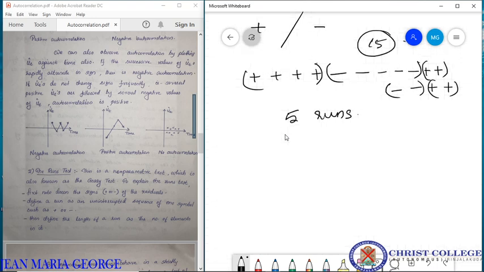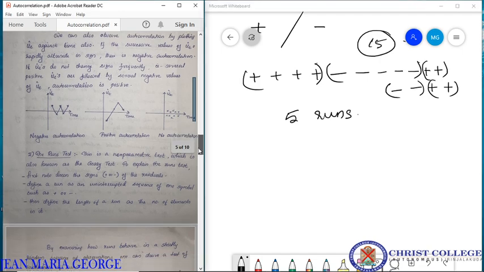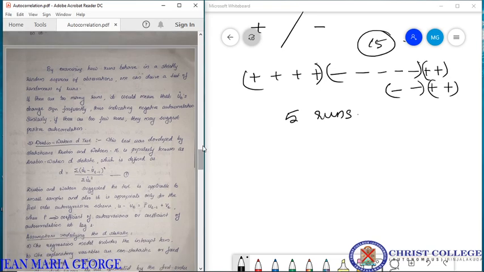Now based on this number of runs, we can see if there is positive autocorrelation or negative autocorrelation, by examining how runs behave in a strictly random sequence of observations. So here 4 positive, then 5 negative, 2 positive, 2 negative, 2 positive. So it is continuously changing. That means there will be negative autocorrelation. If there are so many runs, it means that the signs are changing frequently and there is negative